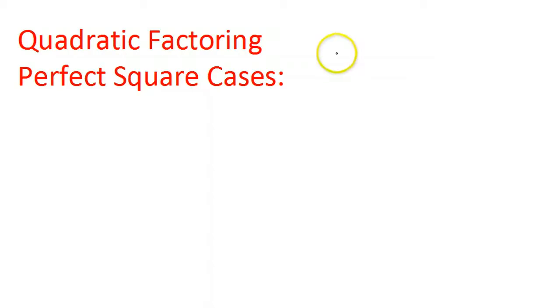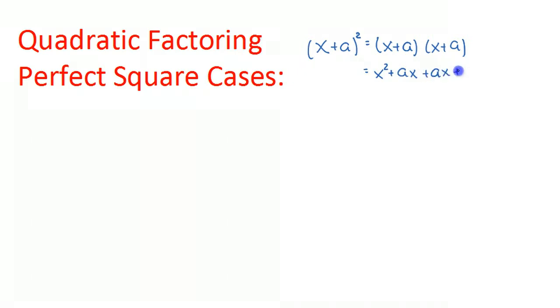So let's just take a second and imagine I had (x + a) squared. Well, we can all do this already. That's simply going to be (x + a) times (x + a). And if I expand this, I get x squared plus ax plus ax plus a squared, which is x squared plus 2ax plus a squared. Okay, so now that I have that,